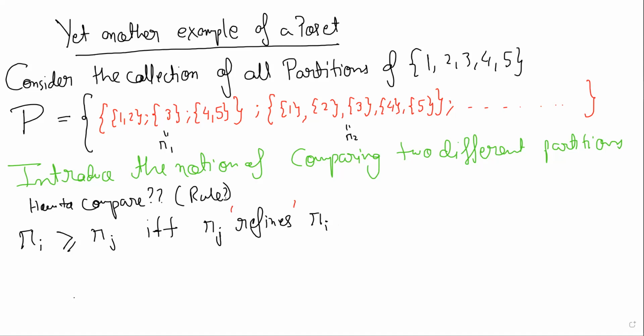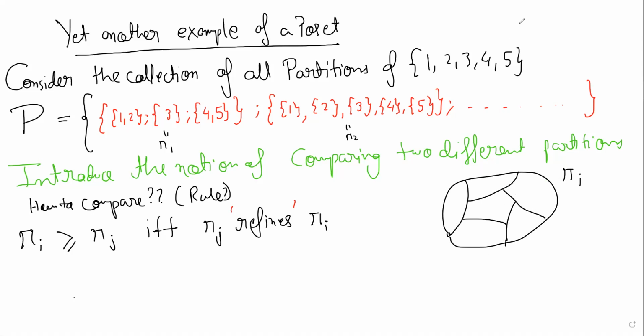When would you say that one partition refines another partition? So you have a partition and then you're talking about the refinement. Suppose there's a set and you partitioned it. This refining is very, very useful, incredibly useful, because basically it means you're adding more relations. So suppose this is pi i. I'm saying this is a set and you've partitioned it. Obviously you can put numbers there, but numbers are not important here. They're just some elements. But anyway, we can put some numbers.